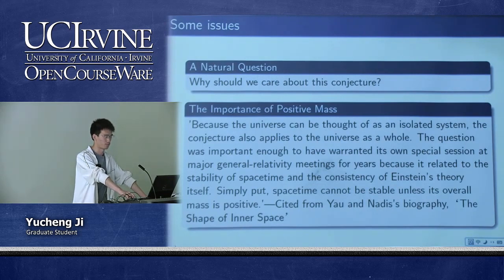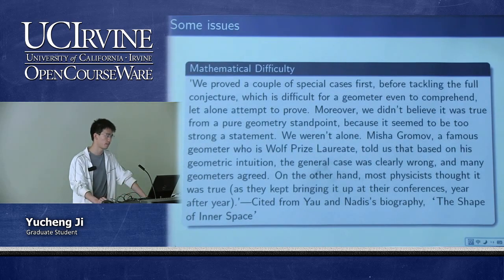So the question was important enough to have run this special session as major GR meetings for years because it is related to the stability of space-time and the consistency of Einstein's theory itself. Space cannot be stable unless its overall mass is positive. And the mass difficulty is pretty interesting. They proved a couple of special cases first,